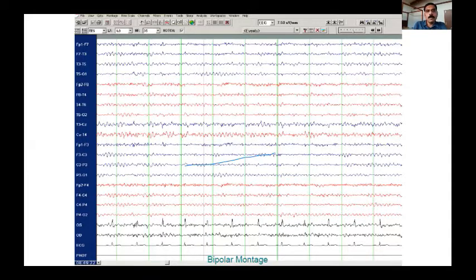So when it comes to interpreting the EEG, we need to break it into different steps. The first one is to look at the background activity. Background activity gives you an overall sense of what's going on with the child. Then after you look at the background activity, look at the symmetry. Compare the symmetric areas of the right and the left side and look for any asymmetry: asymmetry in the amplitude, asymmetry in the frequency of the waveforms.